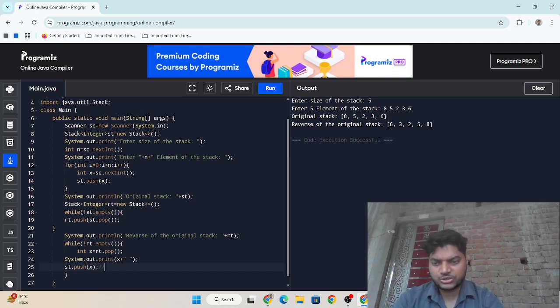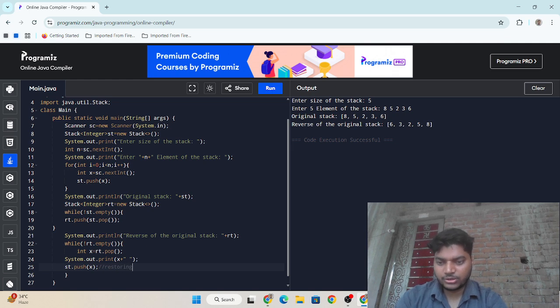This is restoring the element, restoring the original stack, okay.